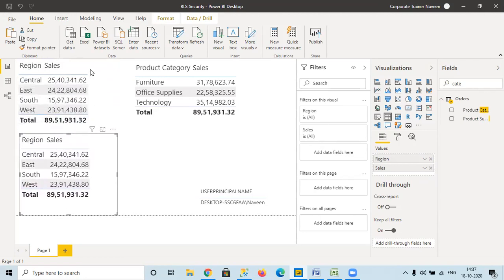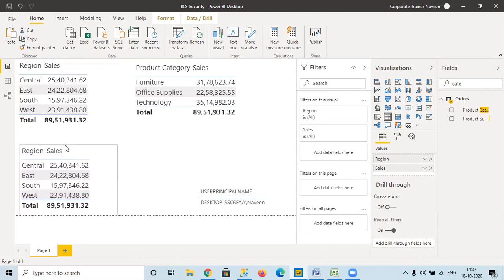I just built this one. It is a simple visualization where I'm showcasing sales and profit with all the regions.